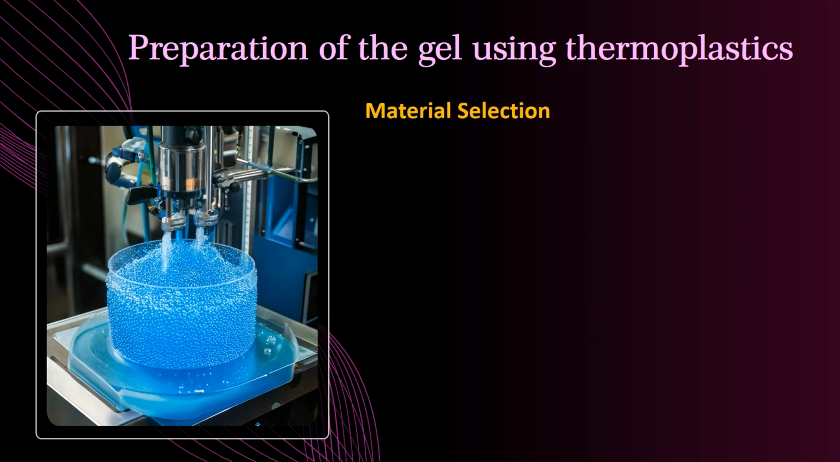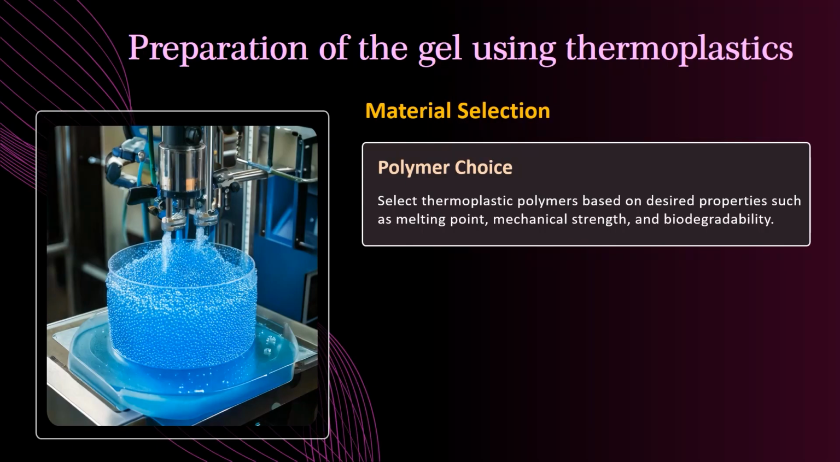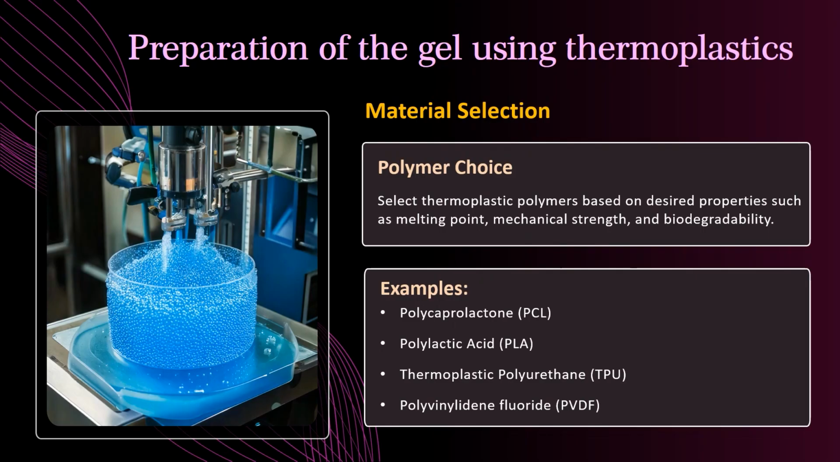So material selection is important. What we do is we select a thermoplastic polymer based upon the desired property, like for what melting range I am interested, mechanical strength, biodegradability, etc. We have different examples of thermoplastics that we use for this type of application. This includes PCL, that is polycaprolactone, a very commonly used biocompatible material, PLA, then TPU, again very common for making some foot sensors, then PVDF, of course polyvinylidene difluoride, a piezoelectric material, very commonly used for making these types of